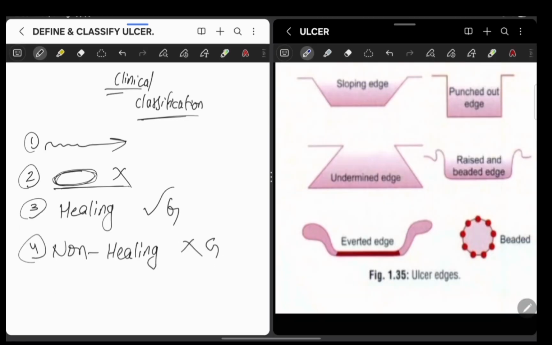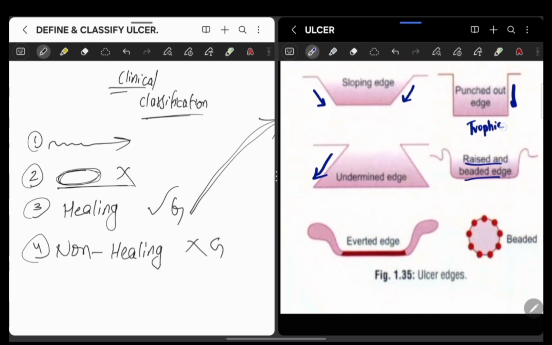Now let us look at this picture. Here you can see, right? So in this picture, this ulcer has sloping edges. So these sloping edges are found in the healing ulcer. And the remaining, these punched out edges, these undermined edges, and raised and beaded edges are found in the non-healing ulcer. So in trophic ulcers, you can see the punched out edge and undermined edge are seen